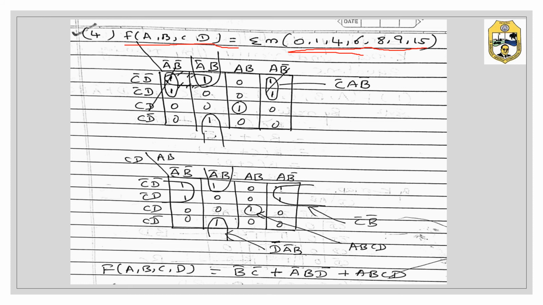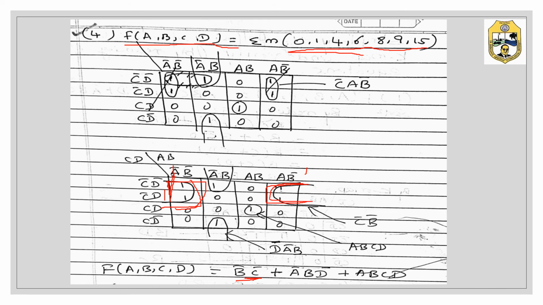So likewise we need to group it now. So we can make a group of these ones and these ones. So it is a kind of rolling form. So see here, for this and for this, what is the common term? It is B bar, correct? So B bar is written, and over here what is the common term? When you consider these two, it is C bar that is common. So B bar C bar is the expression for these groupings.